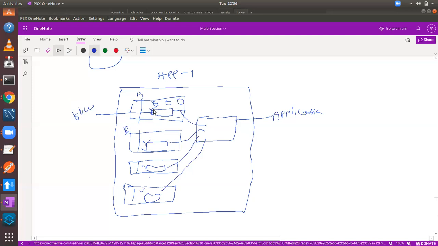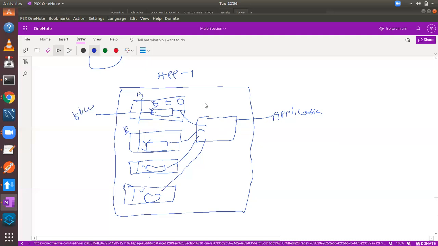And this one is global for the entire application. I can declare one error handler, and this is the global scope error handler, which can be shared across multiple flows. This is the application level error handler.